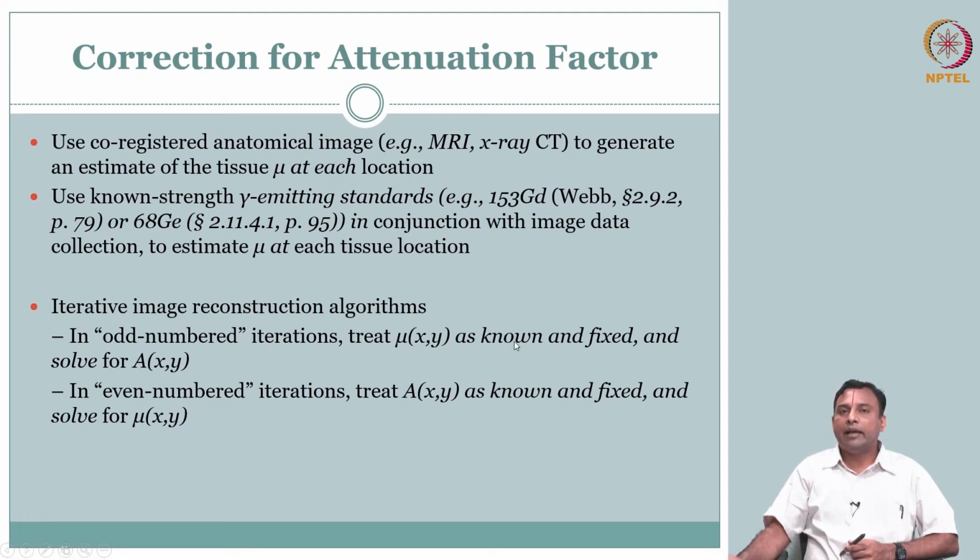So, I will have some guess start for my mu, okay, and then try to get my a, but I am not happy. So, once I get my a of x y, in the next iteration I will treat a of x y as known and try to solve for mu of x y. Likewise, you iteratively do this until some optimization, where you say, okay, this is a threshold on which you stop iterating, because the a of x y estimate is close to your ground truth a of x y based on some error criteria, or your cost functions.